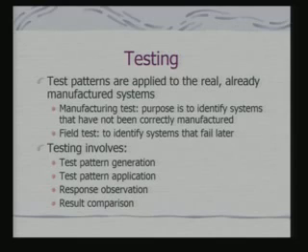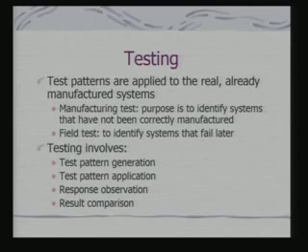So, next thing is testing. Okay. So, in fact, a validation process really involves testing. So, test patterns are applied to real already manufactured systems. In fact, when we build a prototype, there also we have to apply the test patterns to check whether it is meeting our requirements or not. But typically test refers to what we call manufacturing test and field test. That means, if we assume that we have gone through a design validation process, we have finally designed the product and we are in the process of getting the product out, then products have also to be tested.